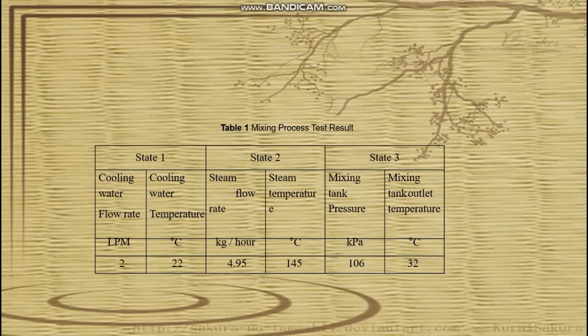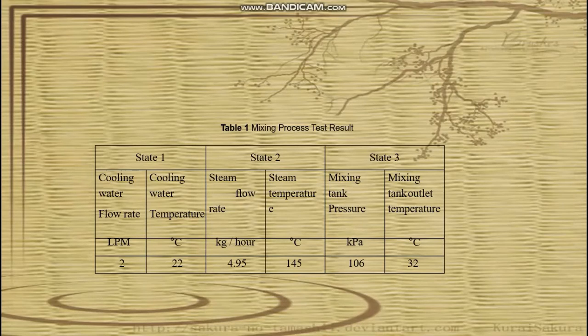Table 1: Mixing process test result. Okay, for state 1, the cooling water flow rate is 2 lpm. The cooling water temperature is 22 degrees Celsius. And for state 2, the steam flow rate is